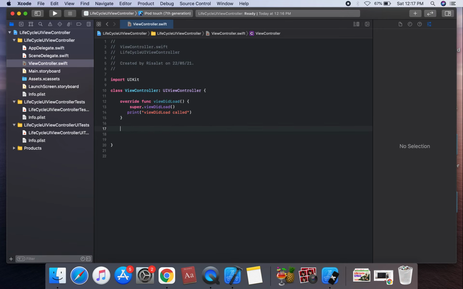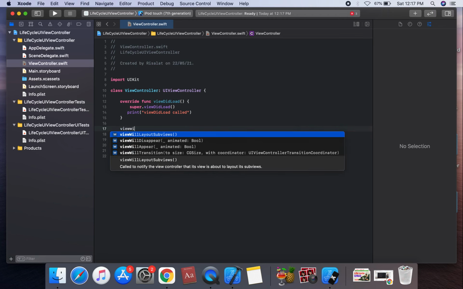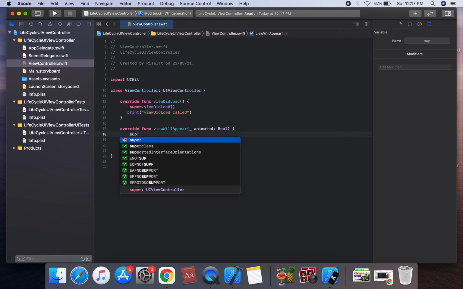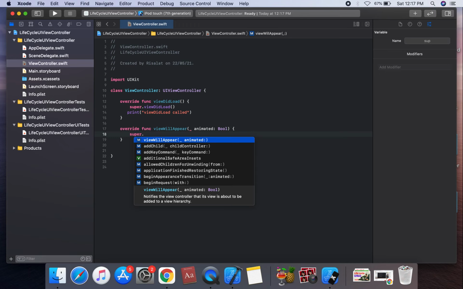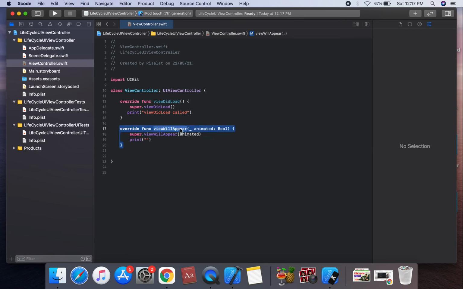Another method is viewWillAppear. You should call super.viewWillAppear with animated, and we can create a print statement: viewWillAppear method. When is viewWillAppear called?